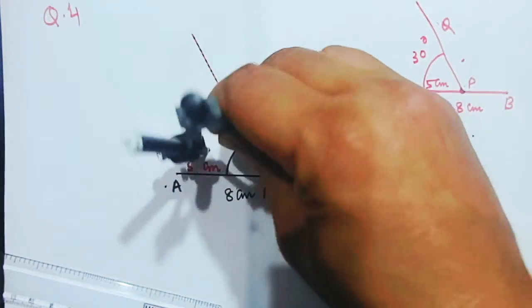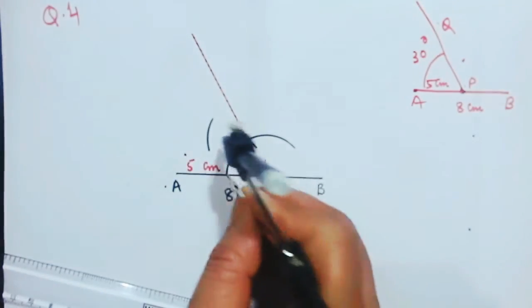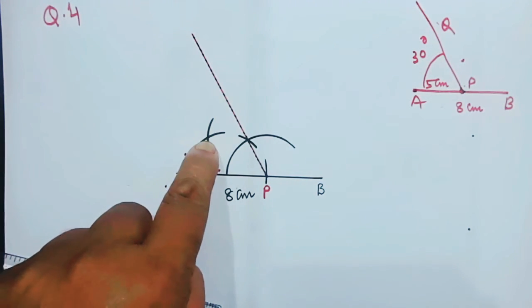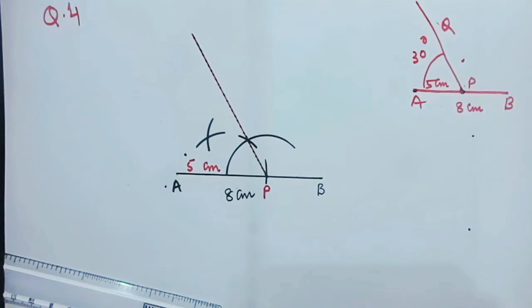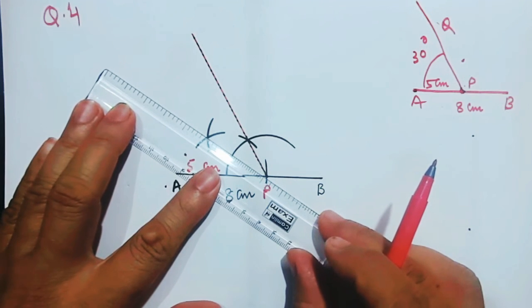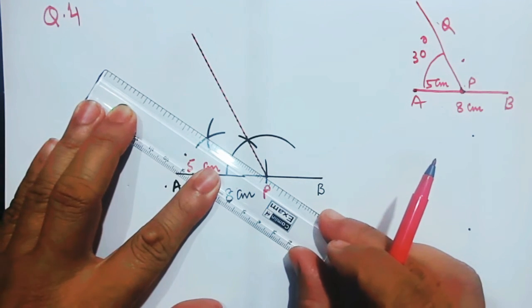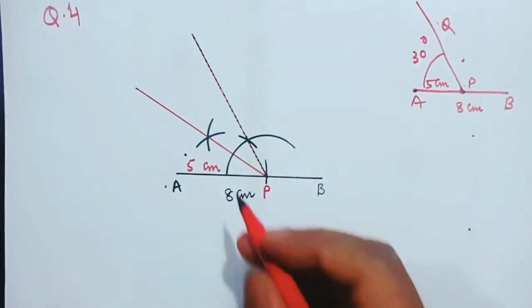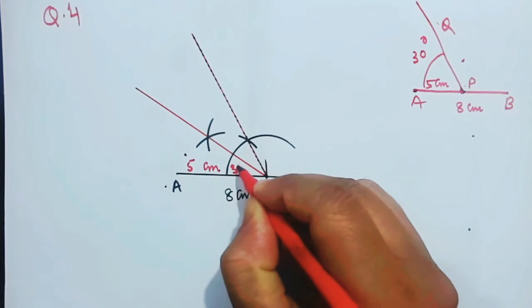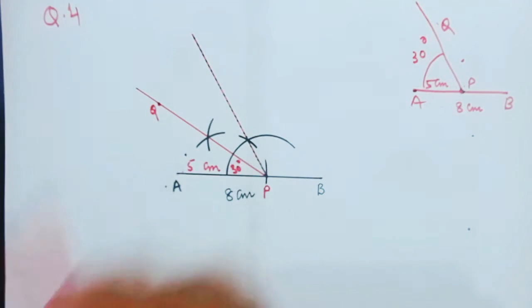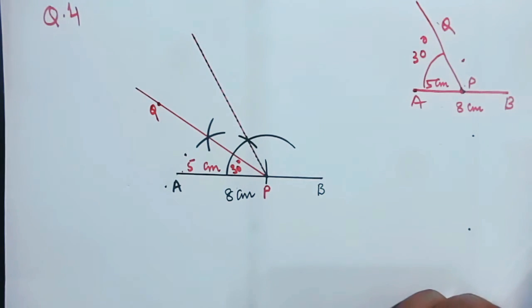Okay, so I have given an arc. Again I have drawn another arc. Then the meeting point of these two arcs, this particular portion, isn't it? And this, if I join it, this means I have bisected 60 degree. I have bisected 60 degree, which is equal to 30 degree. So A, P and Q, Q will be any point you choose, isn't it? So I hope this is also loud and clear.